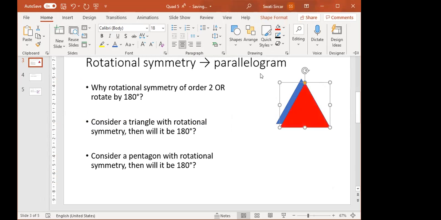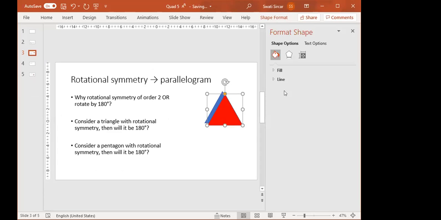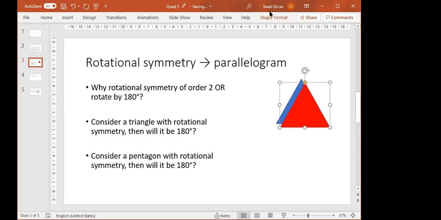Okay, now let's rotate 120 degrees. Now, how to see that? See, if you rotate it by 60 degrees,